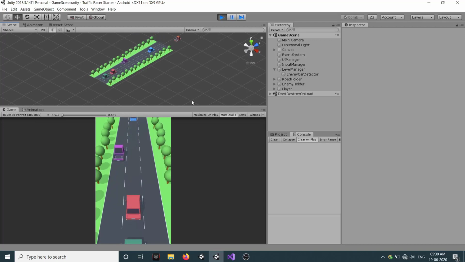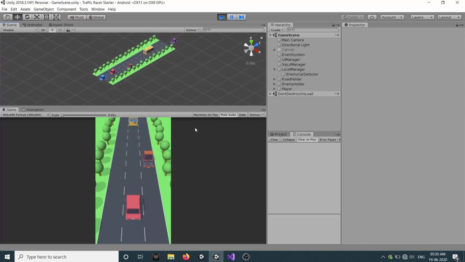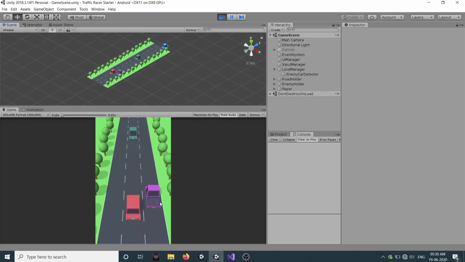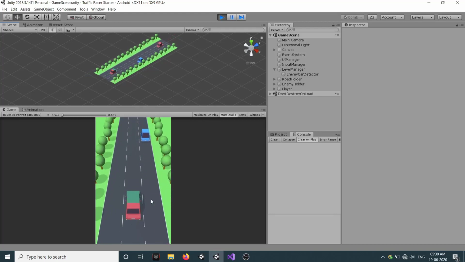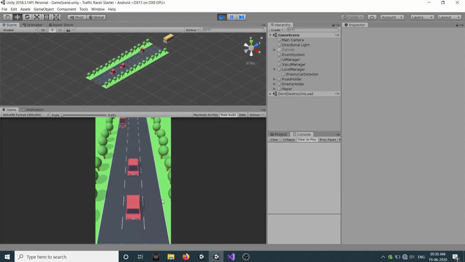So right now our player is not detecting any collision with our enemy, but yes, our enemies are spawning, they are moving backward, our road is moving. So this gives a great illusion that our game is moving in forward. And as well as you can see here, our enemies have a speed less than our road, so it gives an illusion that they are also moving in forward direction. So I think we are done here. We have achieved most of the thing which we needed.